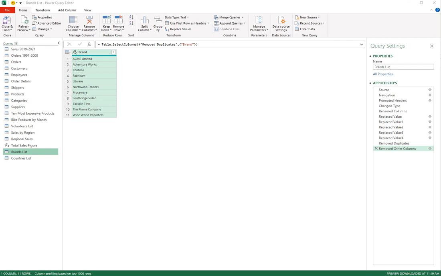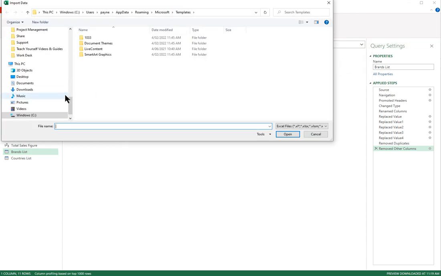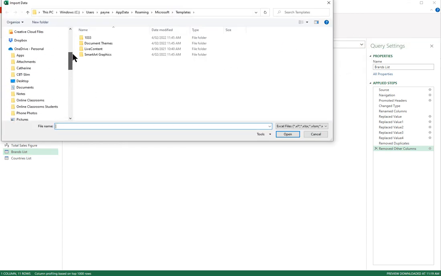Now, sometimes when we bring data into Power Query, it isn't populated the way we want it to be populated. Let's go and open up a new source. On the Home tab to the far right, I'll go for New Source, and it's a file, and it's an Excel file. In my list of files here, let me just find,